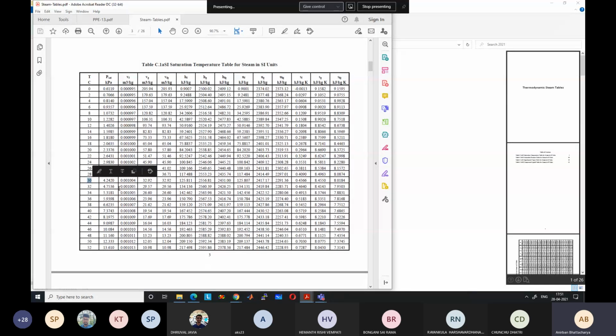Now if you go to a higher temperature, 40 degrees centigrade, the maximum amount of water which can be held in the atmosphere will increase, because we are at a higher temperature. The saturation pressure now is 7.37. As a result, we can hold much more water in the atmosphere. At a lower temperature, at 20 degrees centigrade, we can hold much less water vapor in air.